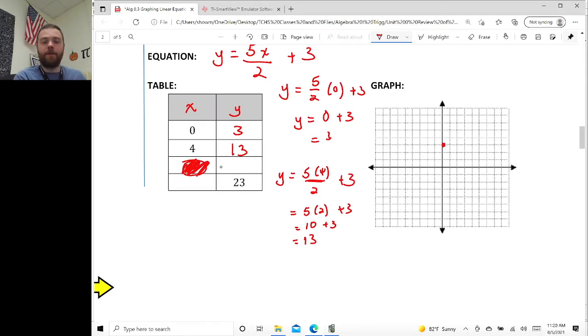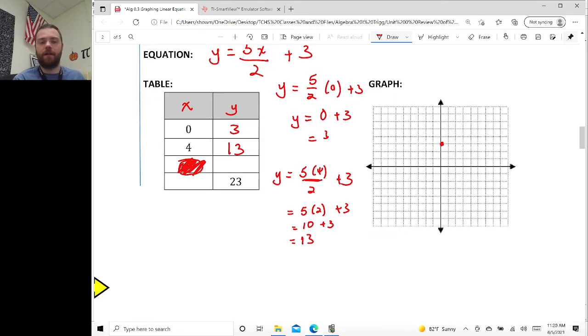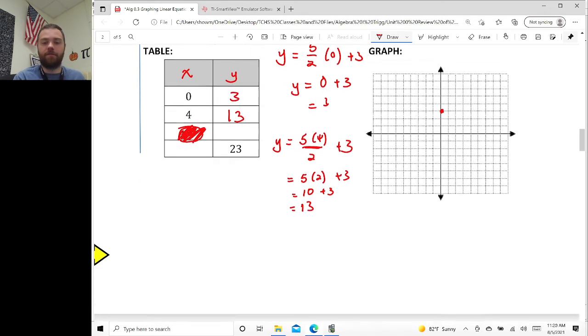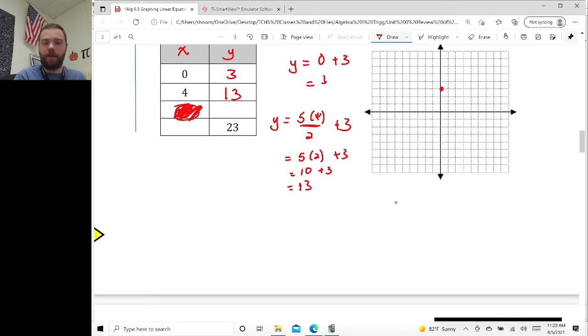And then we said we'd mark this one out. You can do that on your own if you want to. Just know that, like I said, we don't consider time to be negative whenever we're working with graphs like these. And then I want to know what x is when y is 23. So I have 23 cakes. So if I write that out, I've got